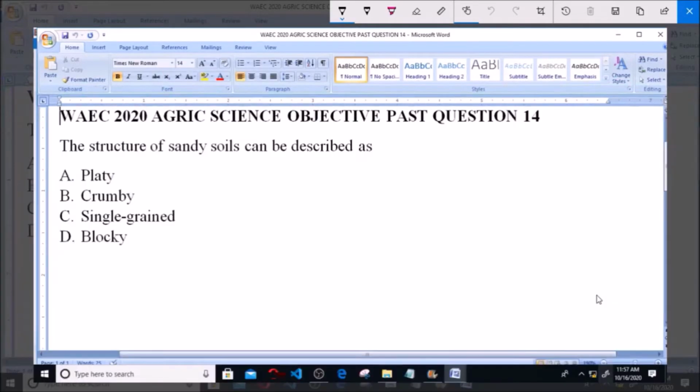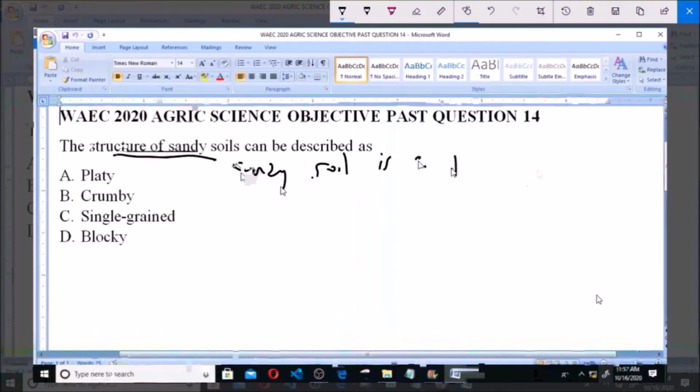Hello and welcome. This is Waec 2020 Agric Science Objective Past Question 14. The structure of sandy soils can be described as A. Platy, B. crumbly, C. single-grained, D. blocky. So what we are looking at here is the soil structure of sandy soil, and of course sandy soil